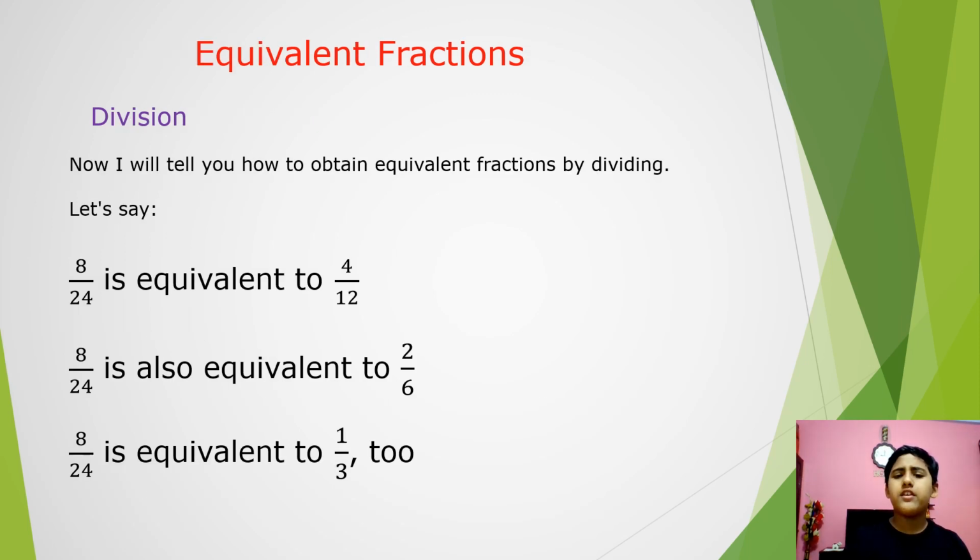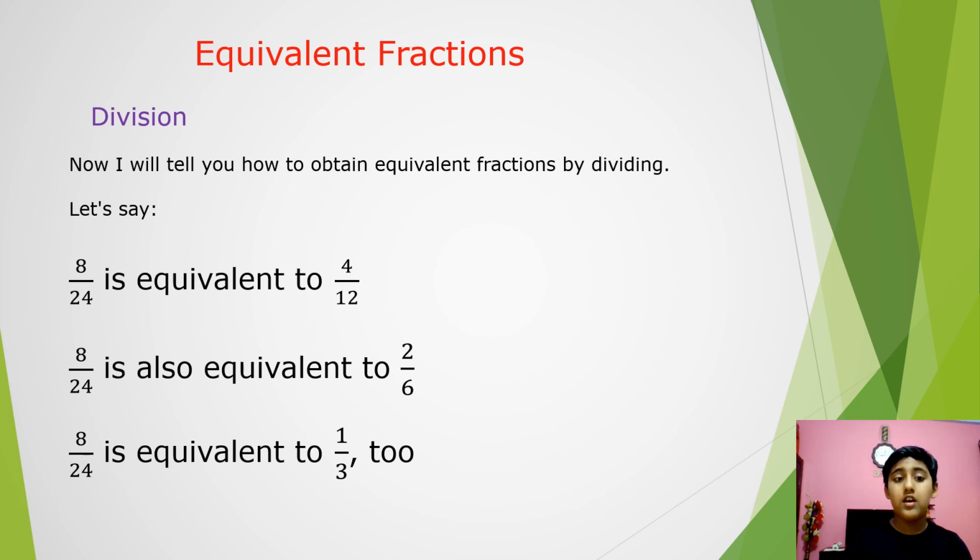Equivalent fractions by division. We can obtain equivalent fractions by dividing. In the last video I told you how to obtain equivalent fractions by multiplying, and this time I will show you how to obtain equivalent fractions by dividing. So we have an example: 8 by 24 is equivalent to 4 by 12. If we divide 8 by 2, we get 4, and if we divide 24 by 2, we